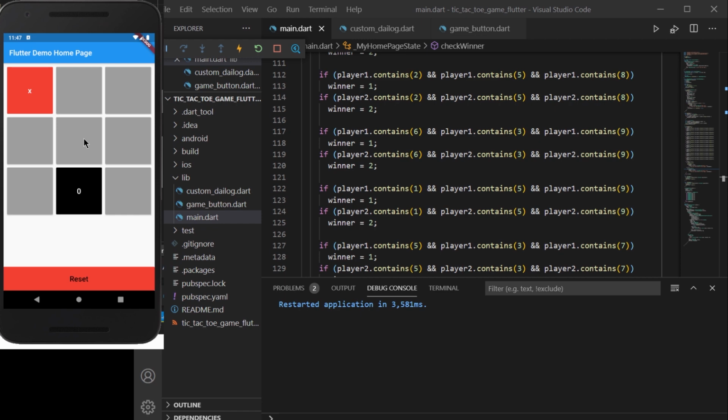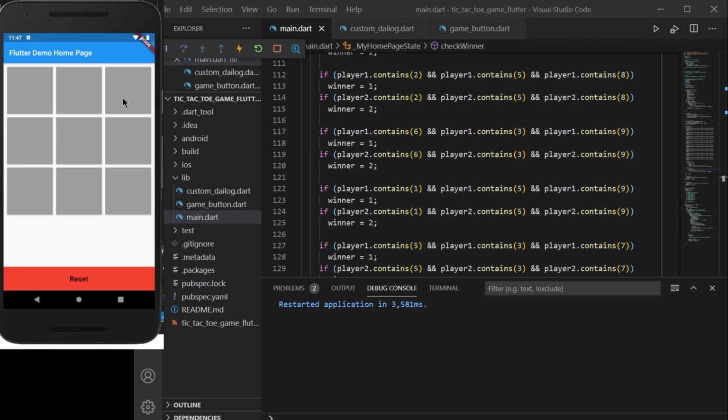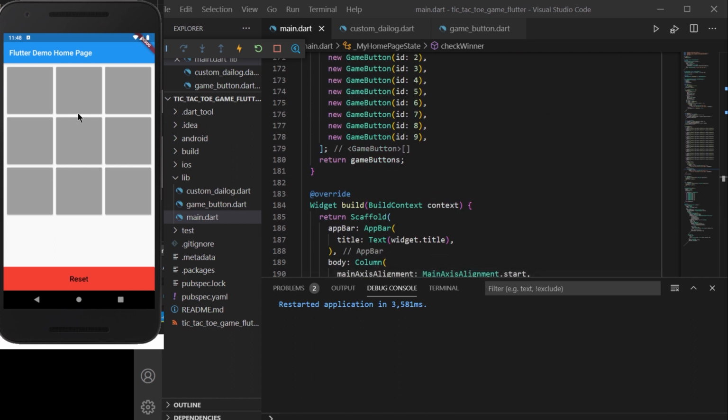When I click on this, it will make its own move by clicking on this. And when I click on this, you can see that it has made a diagonal. It is showing me an alert box saying that player 1 has won this game. When I click on this reset, it will reset all the values. Similarly, I can click on various different boxes here, and on the basis of this, it will make its own move and then check the result through this checkWinner function. It will check the result, and if the winner is me or the computer, it will return that value, and then the value will be assigned automatically, and it will display an alert box. You can see that this time the computer has a diagonal and it has displayed that player 2